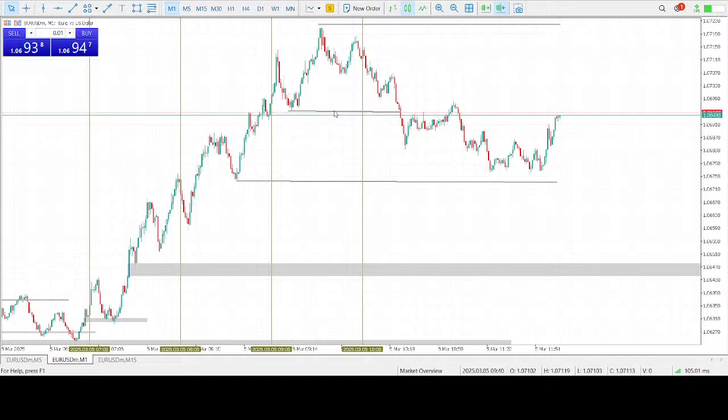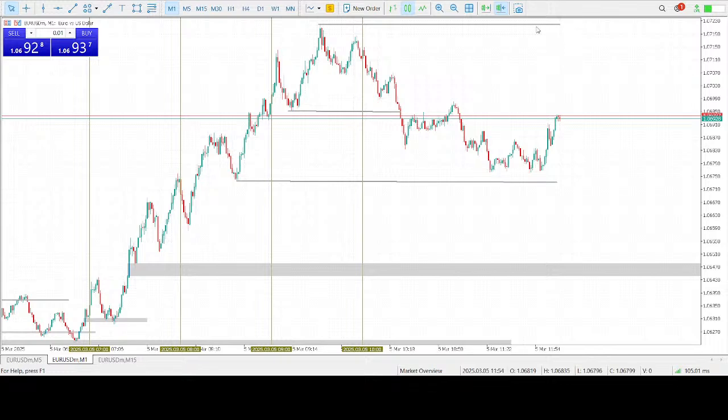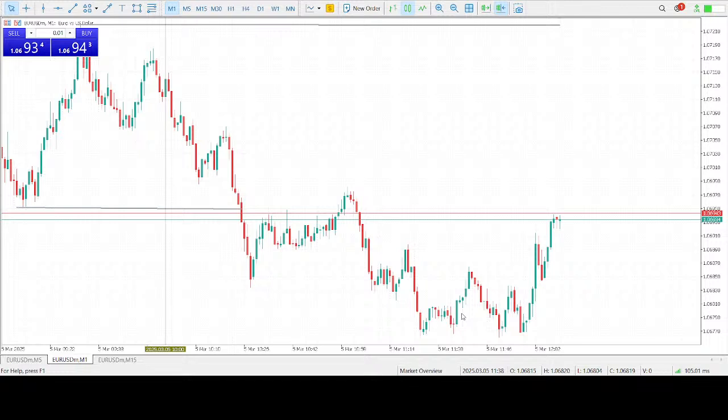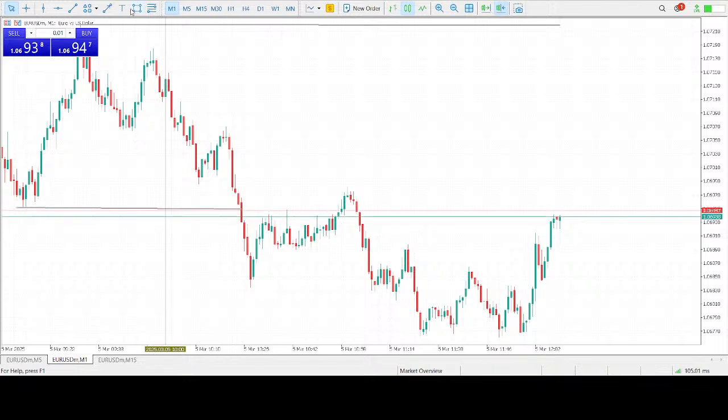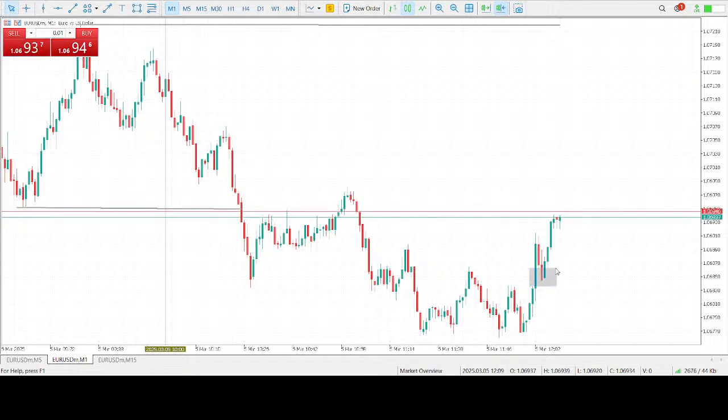There are many alternatives here. We have already taken off some liquidity here, and in this case, the other scenario would be that if we have a break in market structure, then price should continue running to take this out. But if we look at it, there was a failed break in market structure here, another failed one that occurred here, and another failed one that has occurred here. Then there is one here that seems to be respected. There is this break in market structure that seems to be respected.